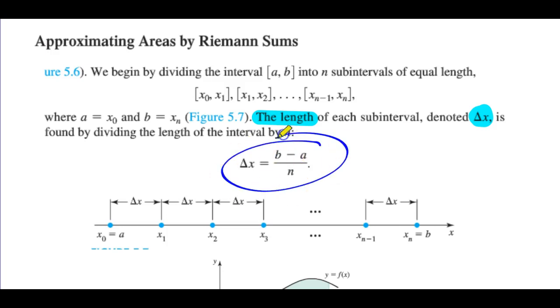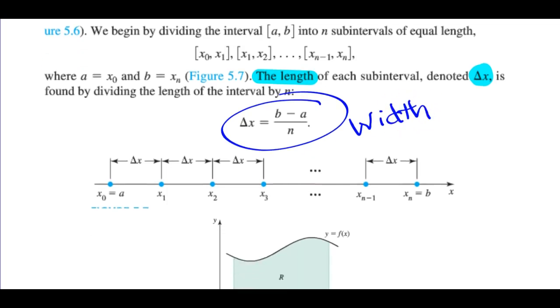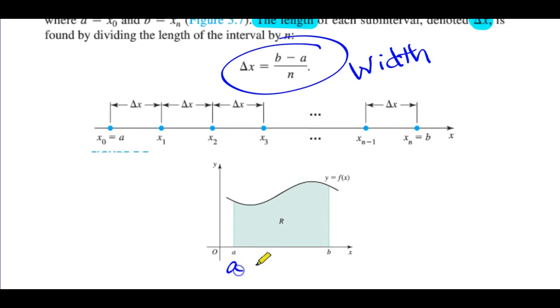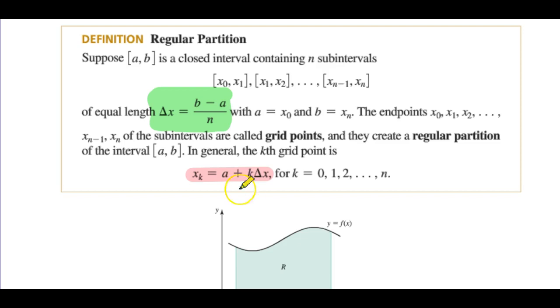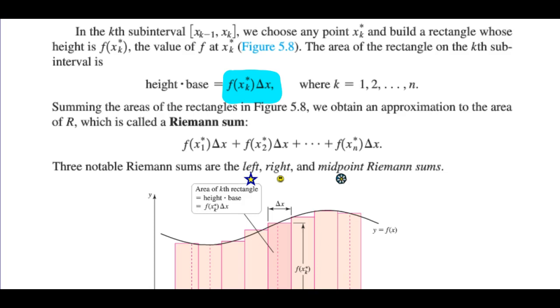So here's the definition of the width that I gave to you that we're going to be using for delta x. It's the width of each rectangle. And then remember, a and b is just the interval that I'm interested in underneath the curve. This looks intimidating, but I'll explain that in a minute. This is what's important for now. And then this f of x star is what we were doing before when you evaluated the height. So here's your height, and of course we've already defined delta x as your width,